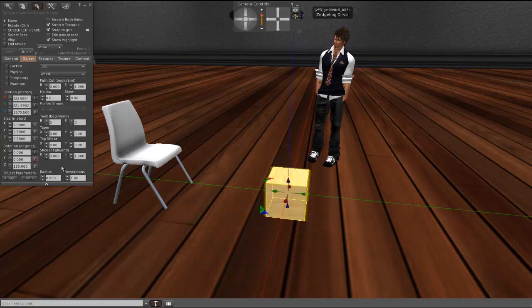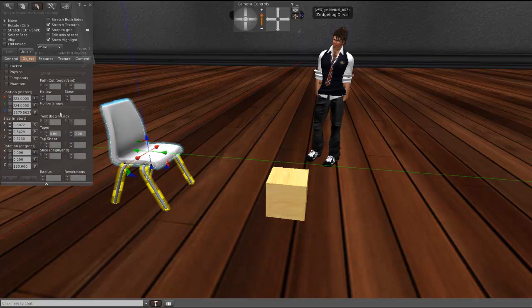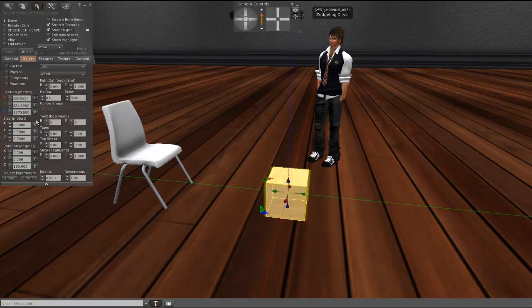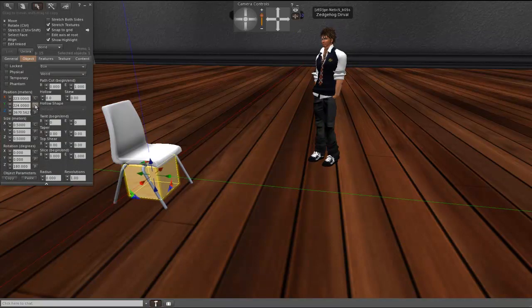Obviously if you're not using a viewer that has these buttons, these features, then you'll need to do it manually. So, and now I'm just going to get the position, so do the same with the position here, copy and go to my box and paste. Alright,